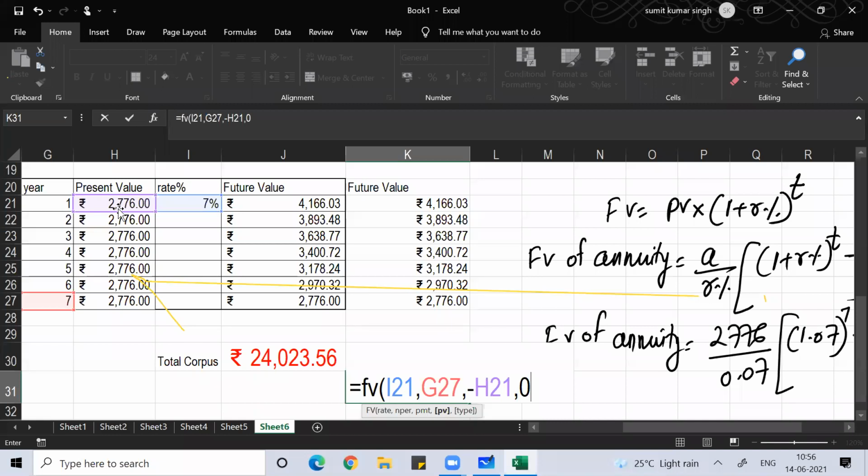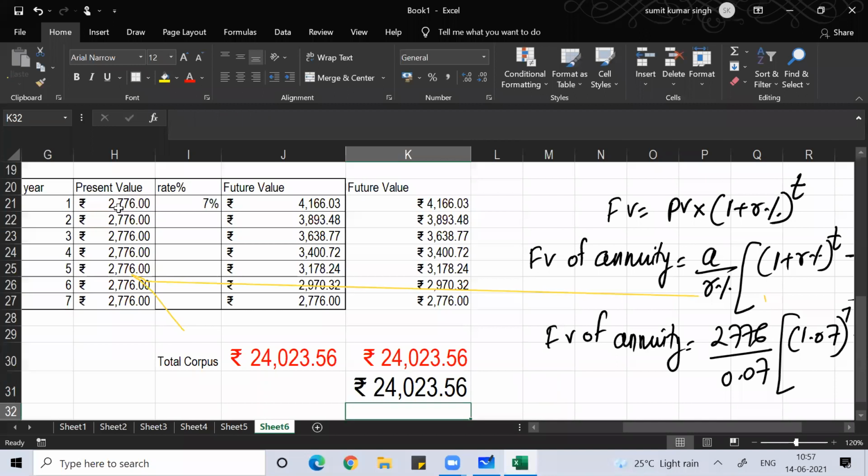PV is the money that already exists in the account. If Amit sir has 1 crore rupees in his account and every month is putting 10,000, very less, sir? Okay, you think 10,000 is less? Suppose 60,000. So Amit sir is putting 60,000 every month in his account. This 60,000 will become the PMT. I hope you can understand what I'm telling you. Then comma 0, close bracket, and you will get the same answer.